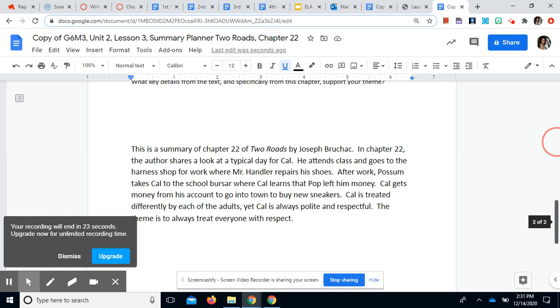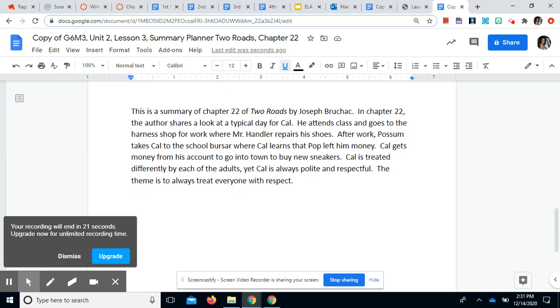And so I did write the summary with one of the classes, and we said this is a summary of chapter 22 of Two Roads by Joseph Bruchac. In chapter 22, the author shares a look at a typical day for Cal. He attends class, goes to the harness shop for work where Mr. Handler repairs his shoes. After work, Possum and Cal go to the school bursar, finds out he has money, go shopping, and then